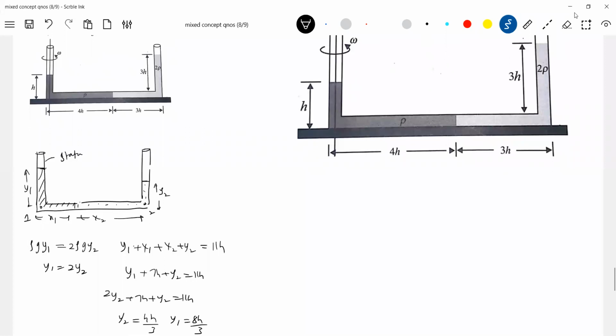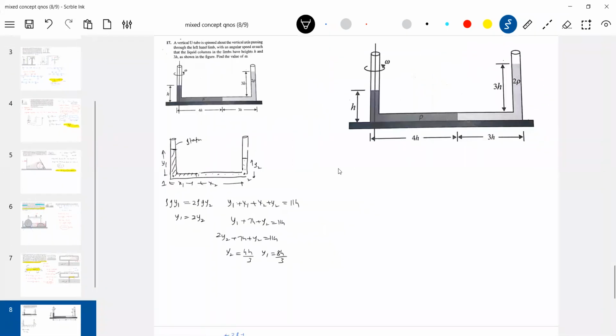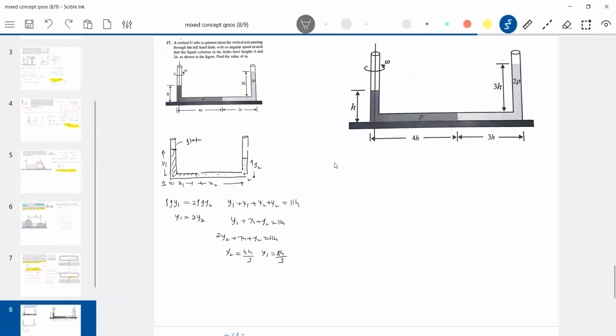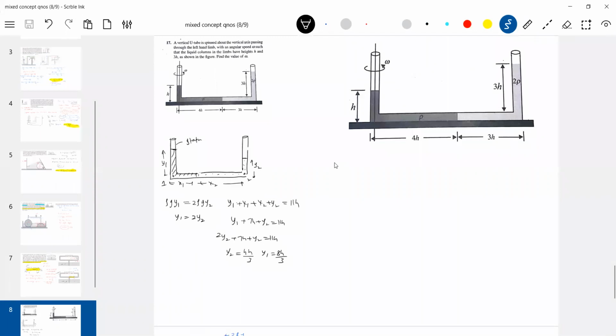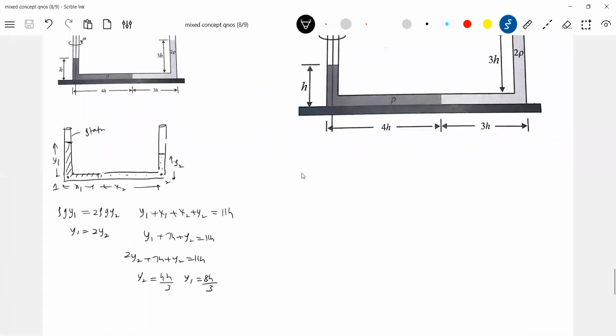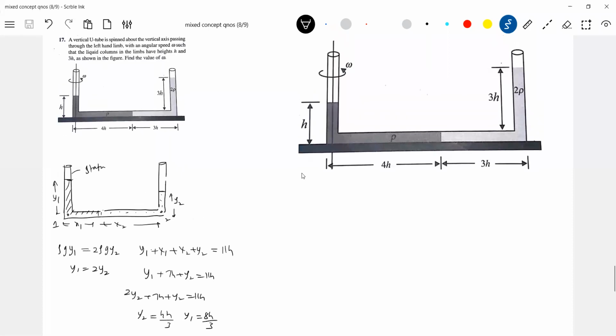Please try to understand why you are doing this problem. I think this is very important. Without that, you'll be in big trouble. If the tube is stationary, these should have been the levels. If I rotate it, they will acquire this particular state. So for that, what should be the angular velocity? Getting this one? So now we'll get into the problem. Shall we directly take the question now? What should be the omega? What are the forces you are supposed to equate here?